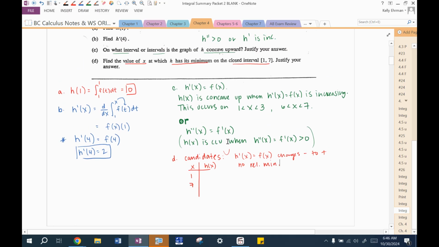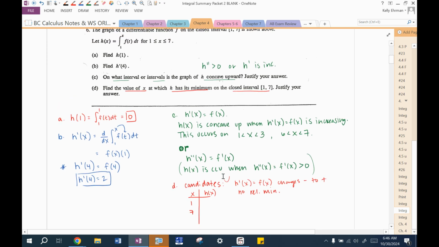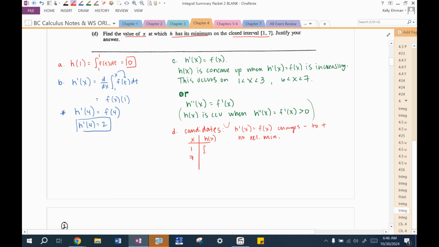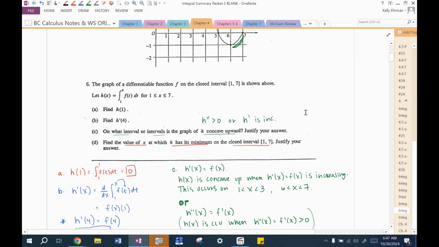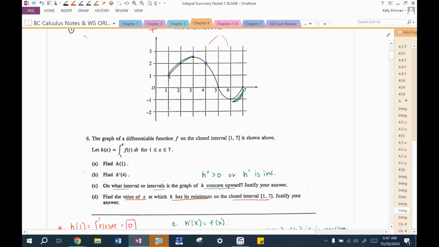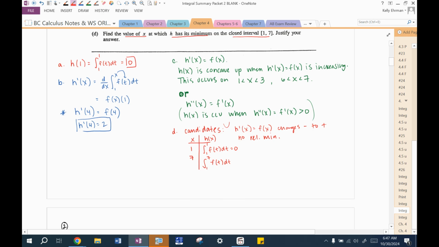Okay, and then remember, you need to still calculate h of x. So it's a good idea to set up the work for this. So h of 1 we already found. If you want to show it again, that was the integral from 1 to 1 of f of t dt. So that was 0. And then what's the integral from 1 to 7 of f of t dt? So the integral from 1 to 7. Now, I can't find the actual number here, but what do I know about it? There's this big positive area, and there's this small negative area, so it's definitely net positive. So I just know that this is greater than 0 because the